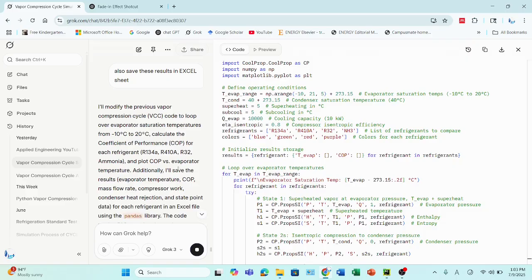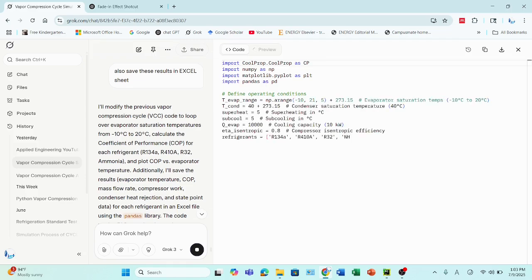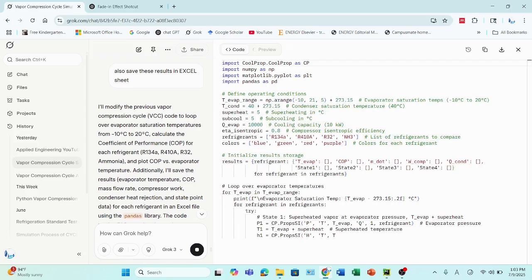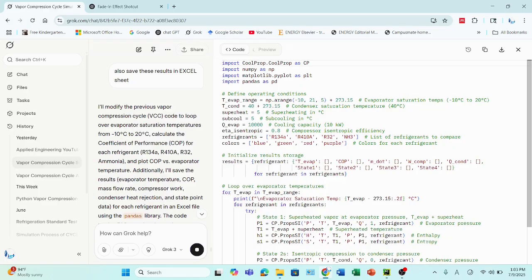So actually when you are writing these type of codes, this one is a simple code, so it does not have very large data. But when you are working on bigger programs, you need a lot of data. Like in this case we are just having the COP values as the evaporator temperature is changing, but when you are having some detailed coding, you will also save the mass flow rate values, how they are changing, or if it has some relation with isentropic efficiency, how the isentropic efficiency is changing, how the compression